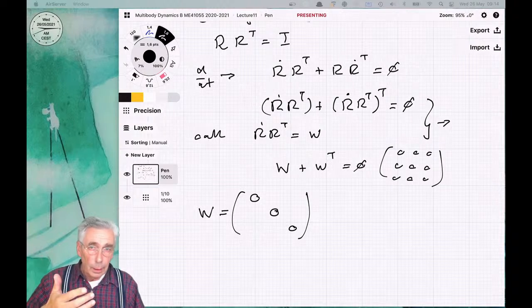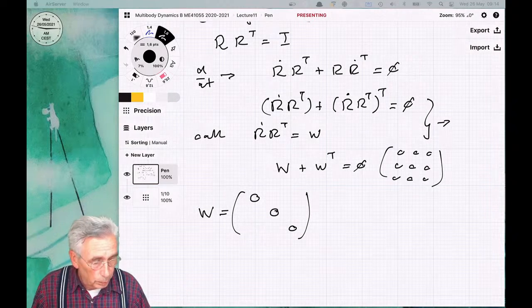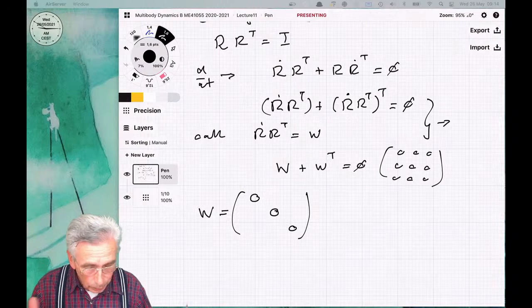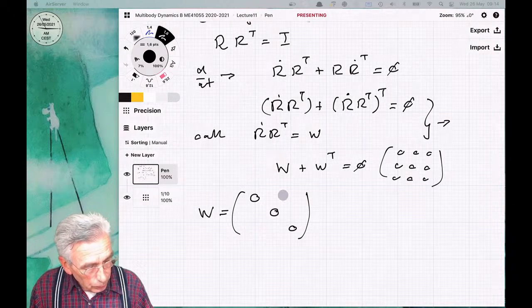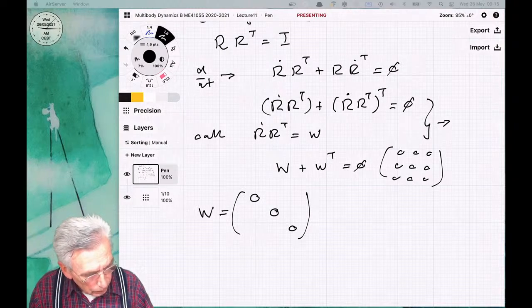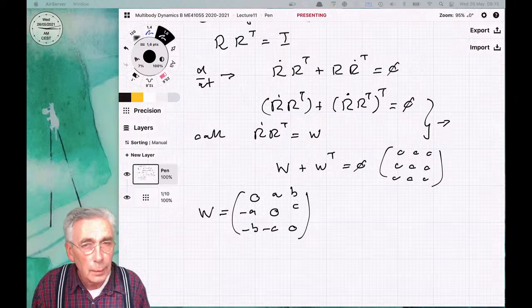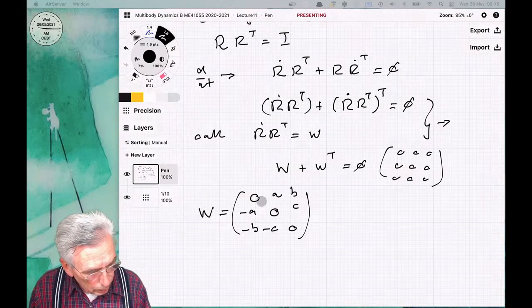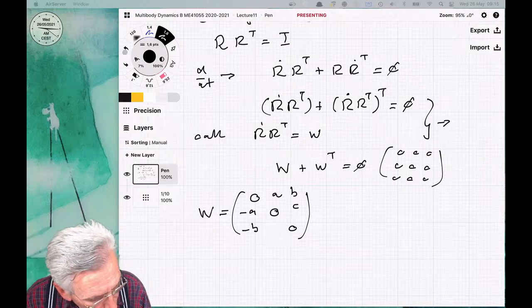Ergo A plus A should be 0. If you call this entry A, then ergo A is 0. B plus B is 0. C plus C. So these should be 0. Otherwise, this doesn't work. And then again, every term you find here should have a negative here. So we only have like 3 terms which we can fill in. So you could say A, B, C, right? A, B, C, and then minus A, minus B, minus C. Well, that's good. This would work, only 3 parameters, but I'm going to do a little bit different ABCs for